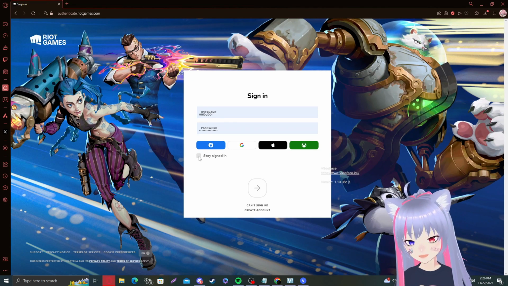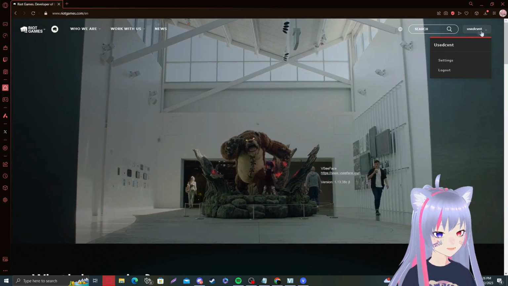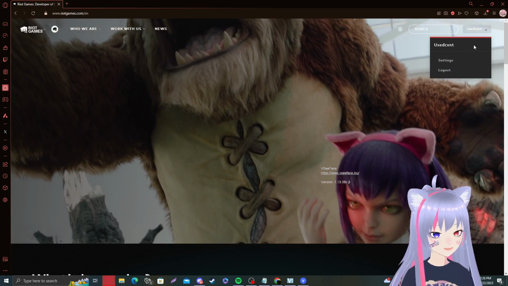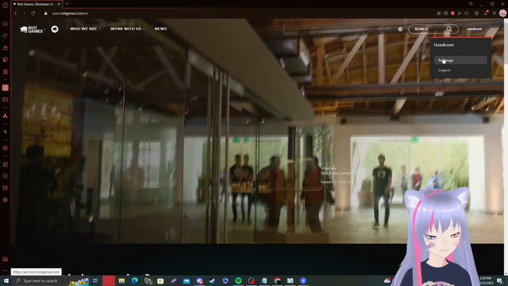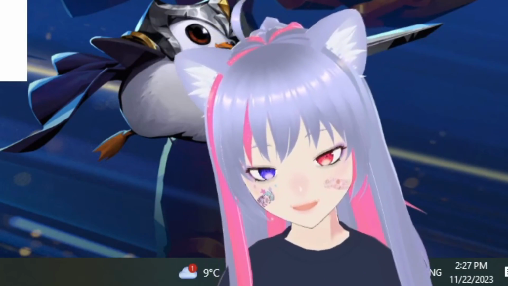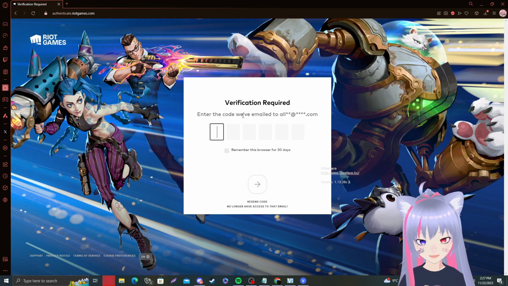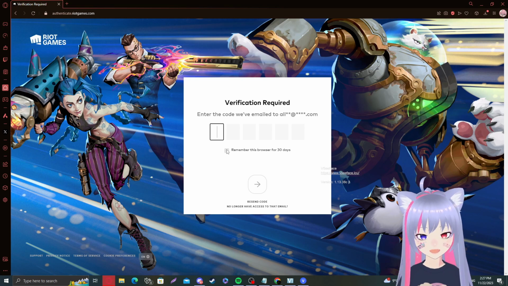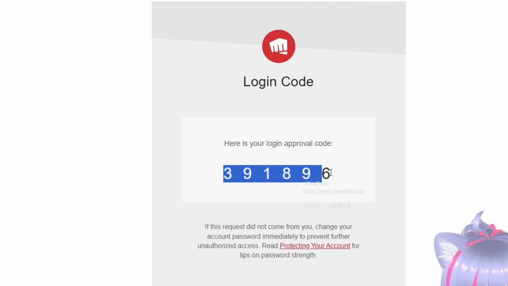I have my login memorized, so I don't have to write it in. Now that we've signed in, instead of sign in, it's going to say our League name or our Valorant name, it's the Riot ID, right? So we want to click on settings, and if you have two-factor authentication, 2FA, enabled, you're going to have to go to your email and write in the code you got. This is how the email looks. What you want to do is copy the code in this white box.